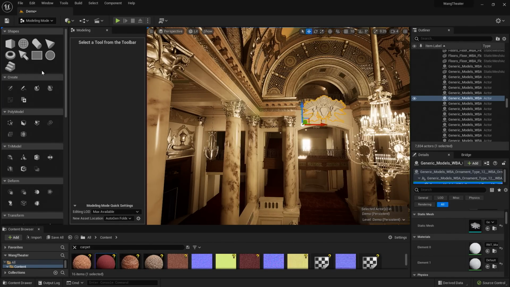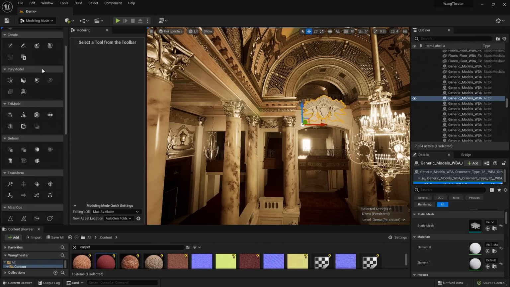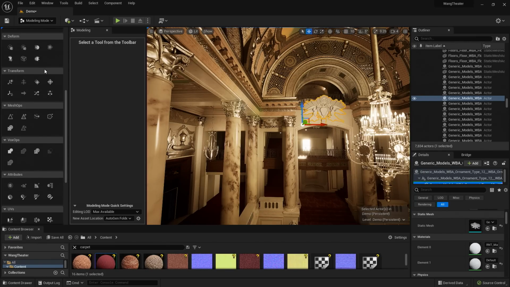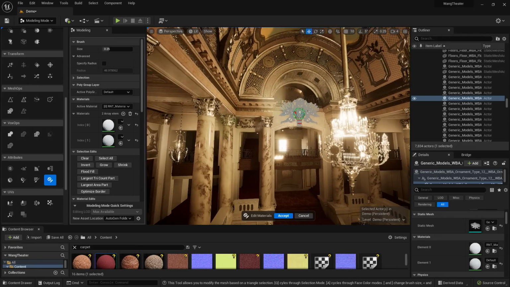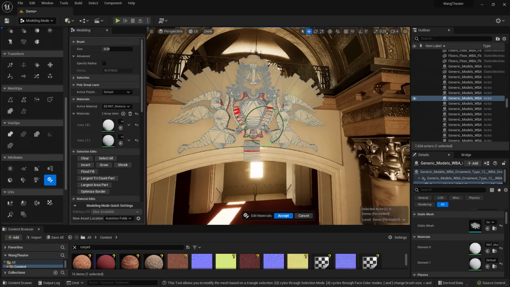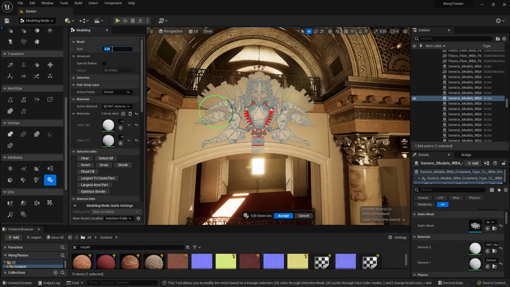And I'm going to be looking for a material editor. This can be found underneath Attributes, and it's going to be this last icon. The tooltips are going to give you some ideas for what each button does. I'm going to zoom in here and lower my brush size, so I'll put this at 0.05. And I'm going to select this interior geometry here.